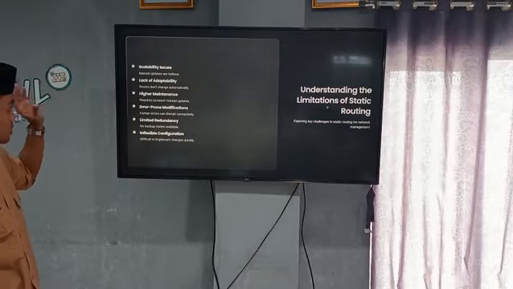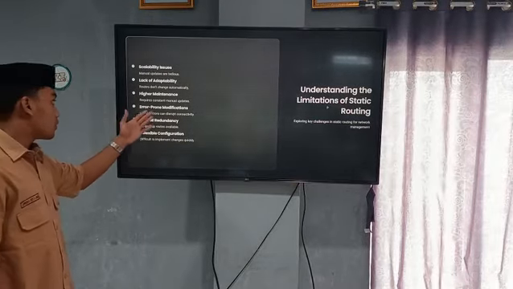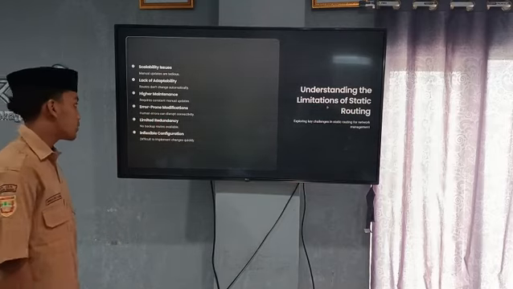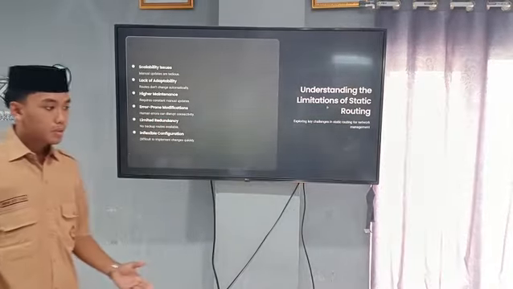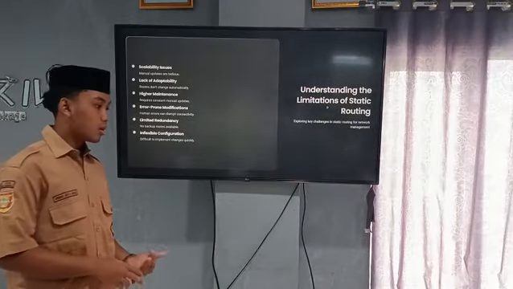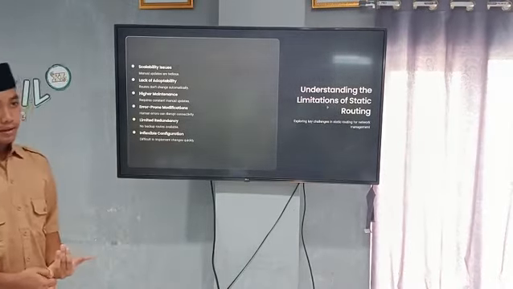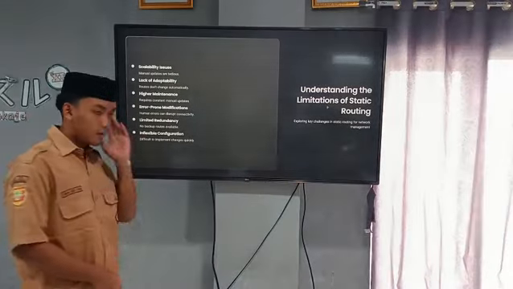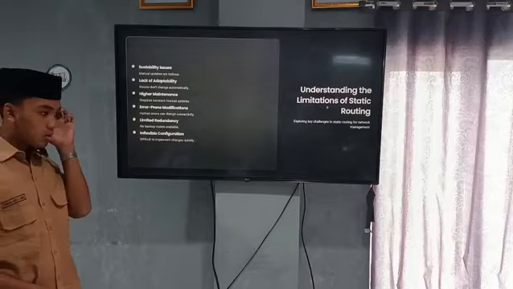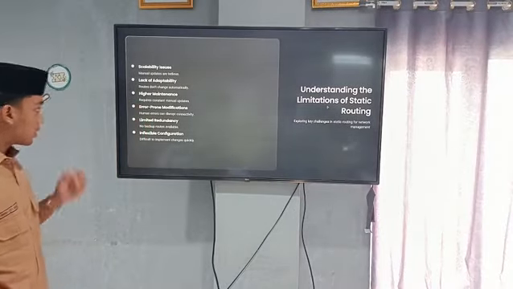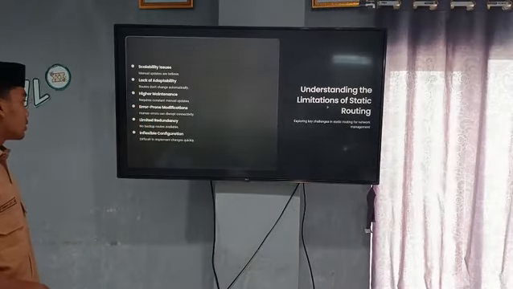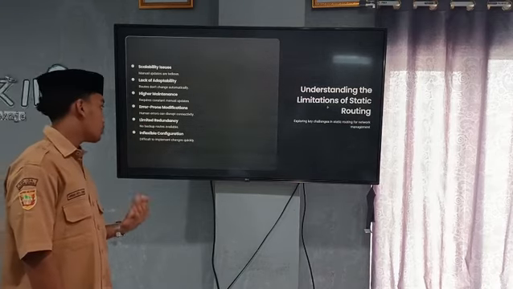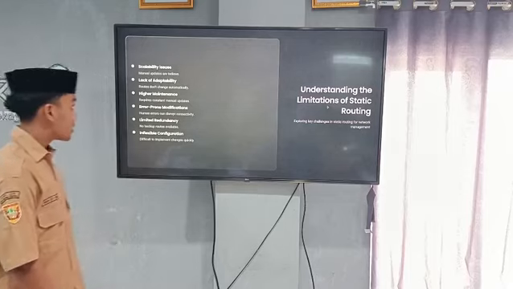So if a person is doing a configuration in the router for the static route, and the configuration is wrong, it will disrupt the connectivity. And limited redundancy: there are no backup routes available because it's a static route.